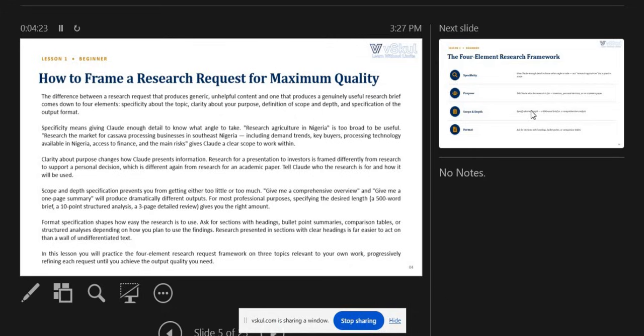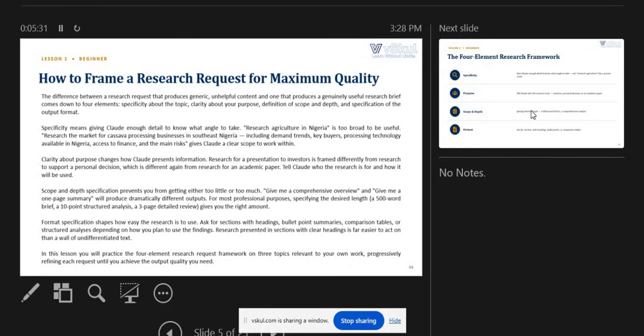For most professional purposes, specifying the desired length, for example, a 500-word brief, a 10-point structured analysis, or a 2-page detailed review, gives you the right amount of data you want. Now, format specification shapes how easy the research is to use. Ask for sections with headings, bullet points, summaries, comparison tables, or structured analysis depending on how you plan to use the findings. Research presented in sections with clear headings is far easier to act on than a wall of undifferentiated text. In this lesson, you will practice the 4-element research request framework on 3 topics relevant to your own work,